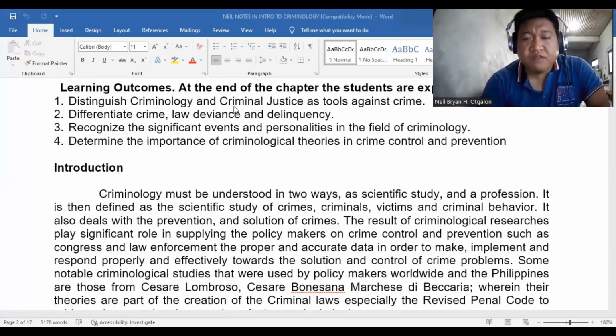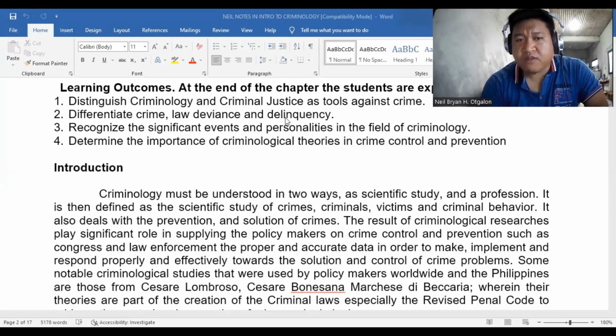The criminal justice system comprises pillars. We have law enforcement, prosecution, the court, corrections, and the community in the Philippines. Another outcome is to differentiate crime, what is law, what is deviance, and what is delinquency. I hope we already discussed this one and two. Then also recognize the significant events and personalities in the field of criminology. And number four, at the end of the chapter, the students